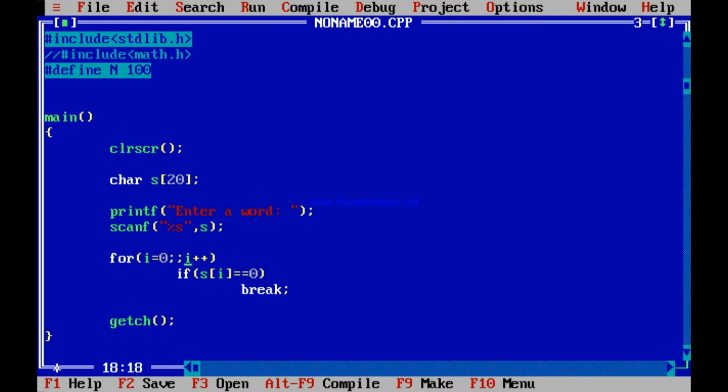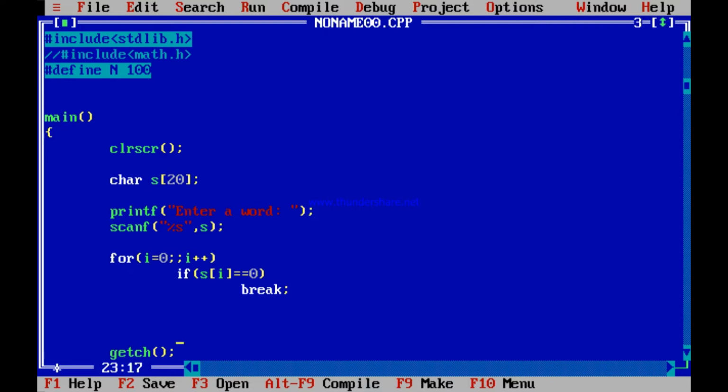Isn't it so? If I say hello, then i is equal to 0, you start. When i is 0, s[i] is H. When i is 1, s[i] is E. When i is 2, it is L. When i is 3, it is L again. When i is 4, it is O. When i is 5, s[i] is 0, and it breaks out. So what is i? i is 5. Hello contains 5 characters, because you started from 0. So at the end, when it is 0, you are breaking out and getting the number exactly in i.